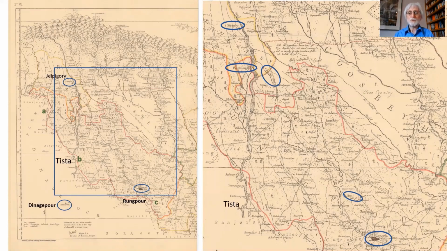The consequence of this avulsion of the Teesta was of some significance for the collector in Rangpur, Hatch, who was confronted with the fact that his river was drying up, and that made transport of goods by water almost impossible. He therefore sent his assistant, Hunter, to investigate in 1788, and on the 31st of May that year, Hunter wrote